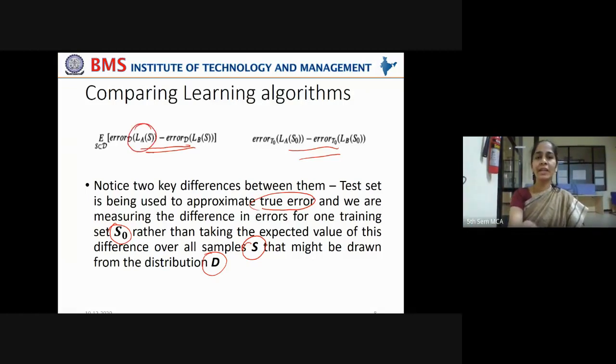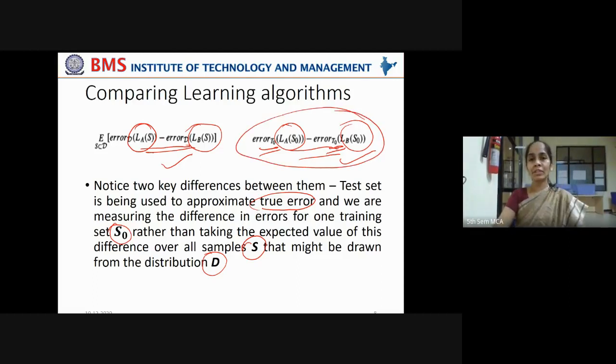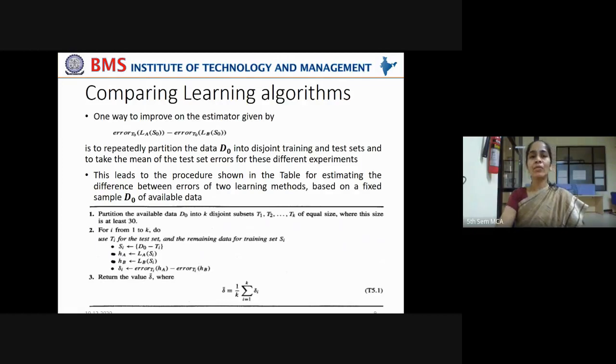Here you are just training them on the entire sample, but here you are training it on the partitioned training set and calculating the error on the test set, T naught. Okay, that is the only difference. You can adopt this approach or this approach, but this approach will turn out to be more efficient. Why? Because you're trying to validate your machine learning model with some unseen data, that is T naught. In this case, you're not doing that. Got it?